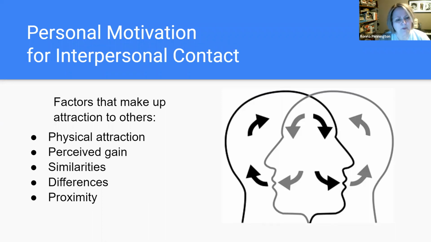Also, proximity. Proximity is another aspect of interpersonal contact. Long distance relationships are not as difficult as they used to be, I think, because of things like FaceTime and Zoom and Skype and all of those ways that we're able to see and talk to each other now. But it's tough to have a best friend in one place when you're somewhere else if you're in school. And so you might use that as a reason to find someone else to be your friend if your best friend moved away.